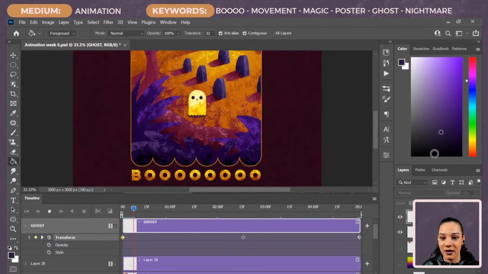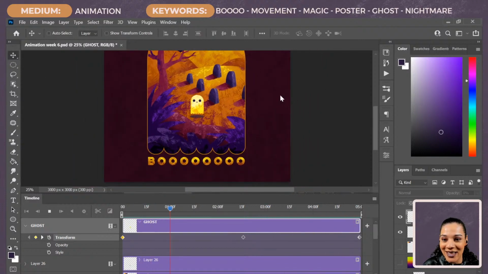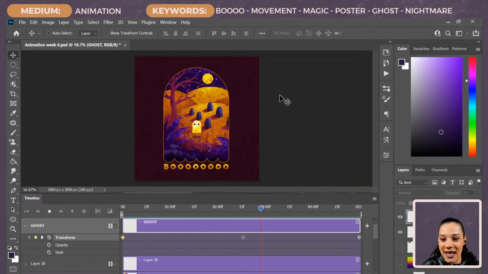Now let's play it. I feel like it needs to be higher, or faster. It needs to be faster. But he does do his, well, honestly, we could do a faster one in the background. So he has his little hover animation here, which is pretty dang cute. So we have one guy, and then let's maybe make a faster ghost in the back. Okay, let's do that.